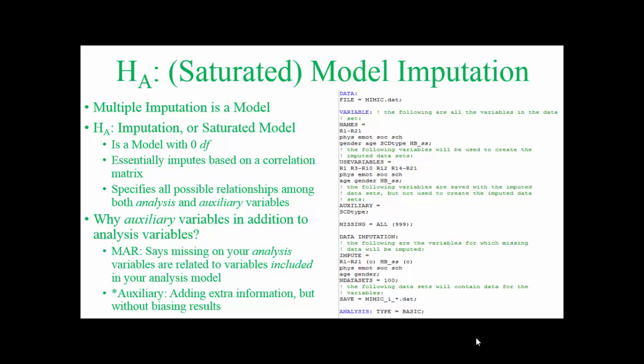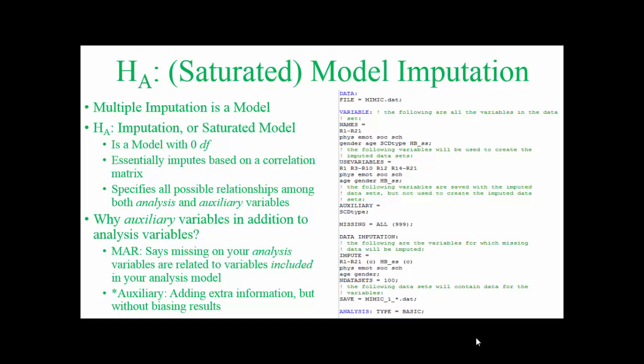Well, the first point to realize is that multiple imputation is a model, just like an analysis model. So, saturated model or alternative hypothesis model imputation is a model with 0 degrees of freedom. It essentially imputes missing data based on a correlation matrix. Well, why is that important? Well, a correlation matrix on a basic level says everything's related to everything else in some form or fashion that is not 0, right? Well, that's going to be key because it specifies all possible relationships